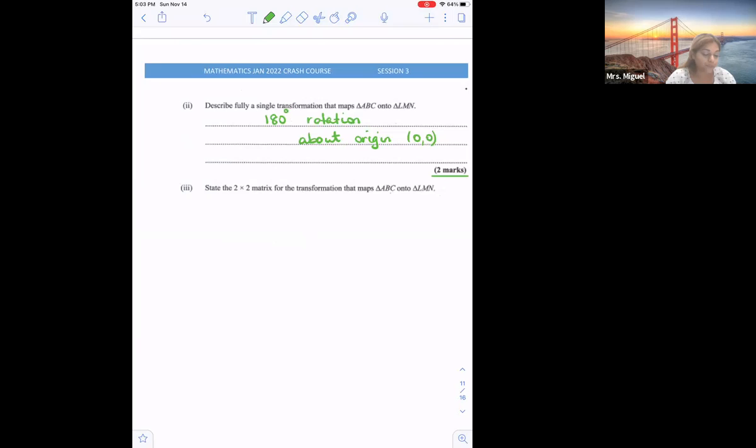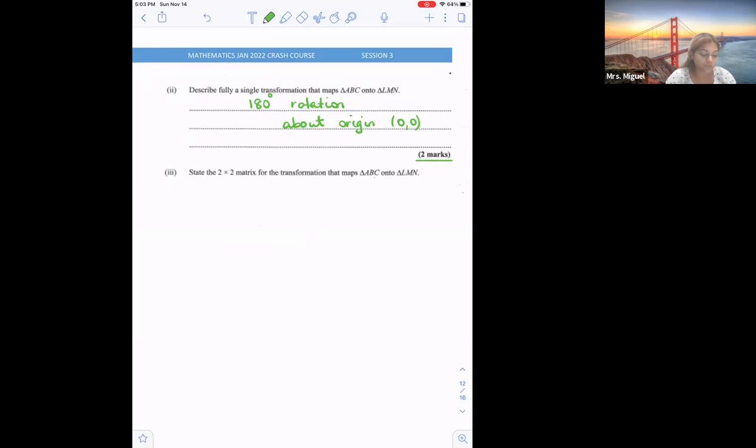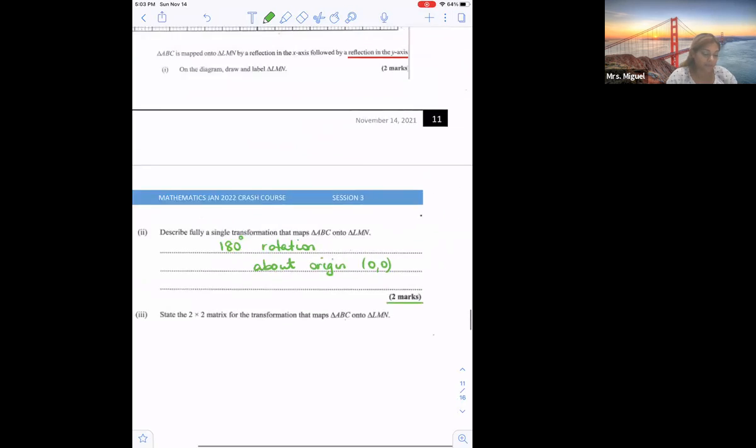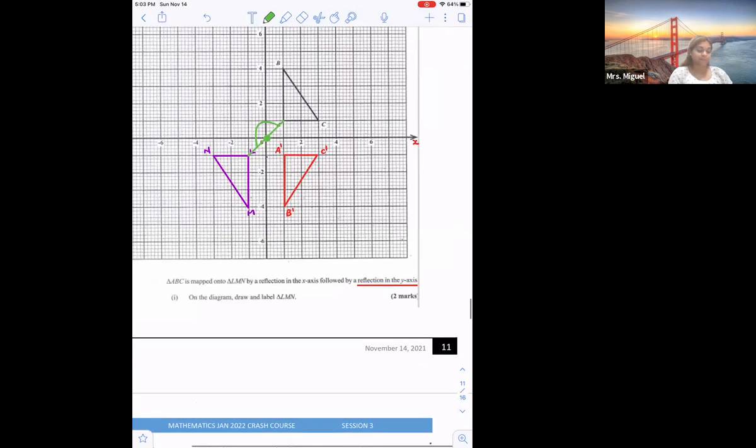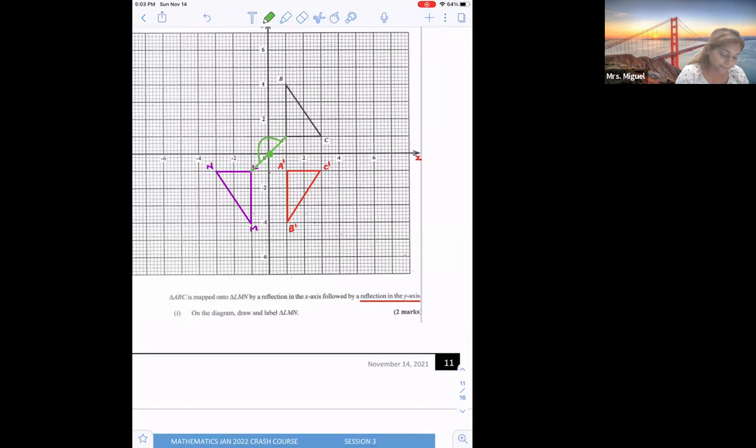State a 2 by 2 matrix for the transformation that maps ABC to LMN. So let's look at this. Here we have the point. So let me erase this. The coordinate of this point here, this point here